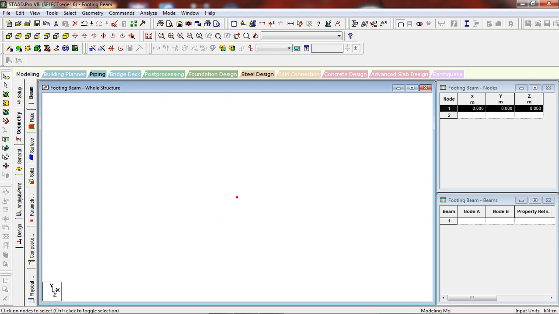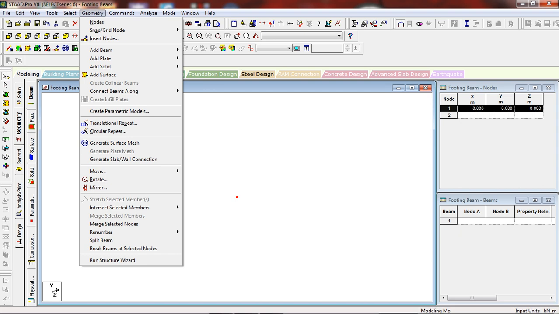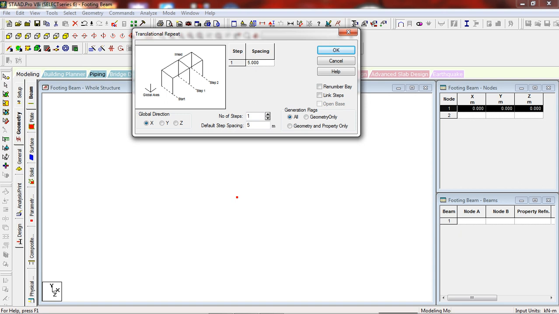Let's select the point and undergo translational repeat in X direction.